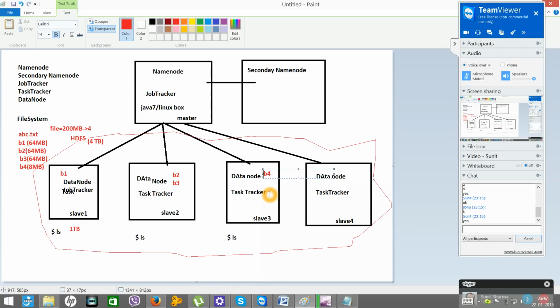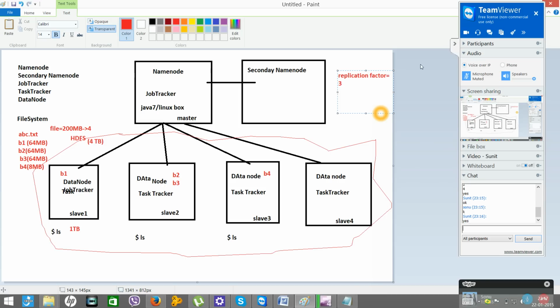Okay, so in order to avoid that, Hadoop maintains something called replication factor. The default replication factor is 3. That means each block you duplicate it and store it in a different system.